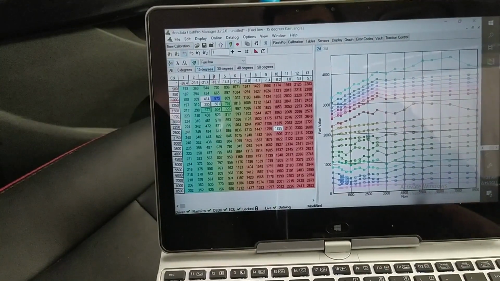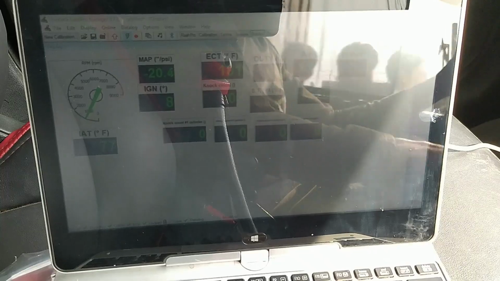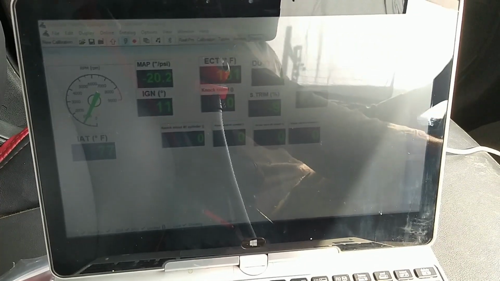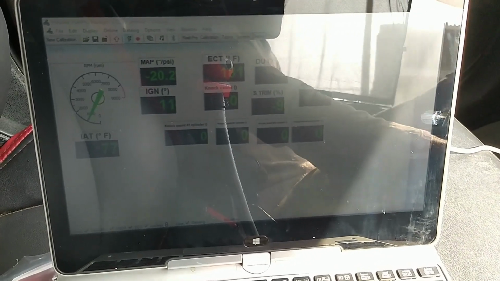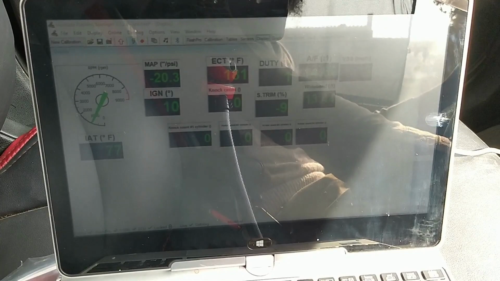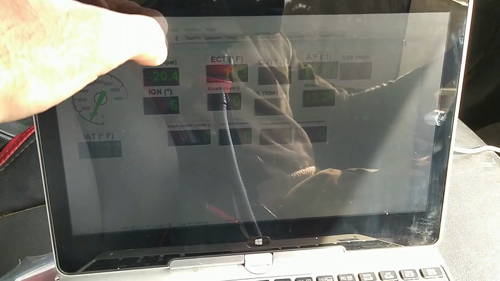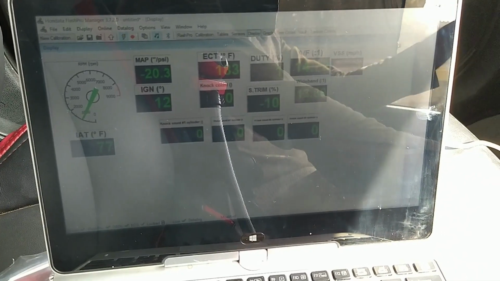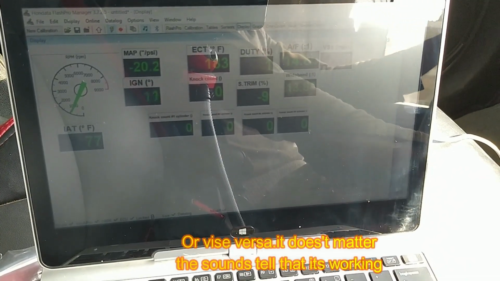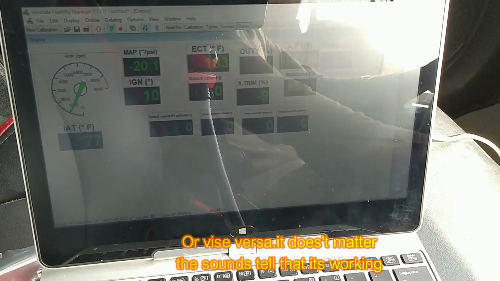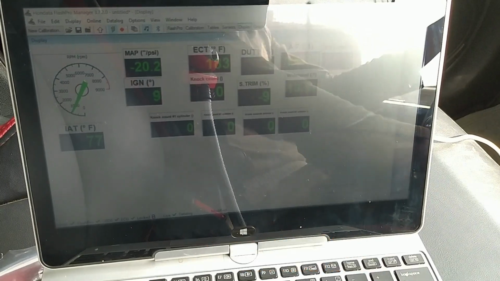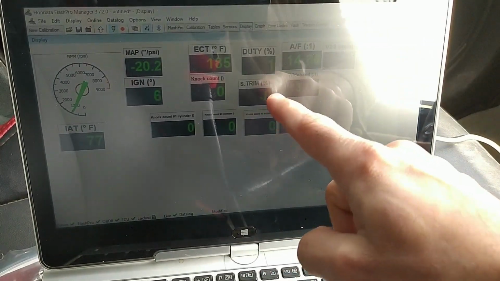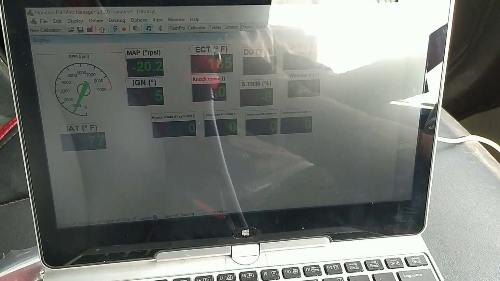So let us go to the road and start the tuning session. Sorry about the sunlight. I'm about to start the live tuning. As you know, the fuel trims are very rich. So here we go. Just press that music button. Now you will hear the sounds. The high pitch sound is adding fuel, and the low pitch sound is taking out fuel. Let's see, those will come down as the fuel changes are made.